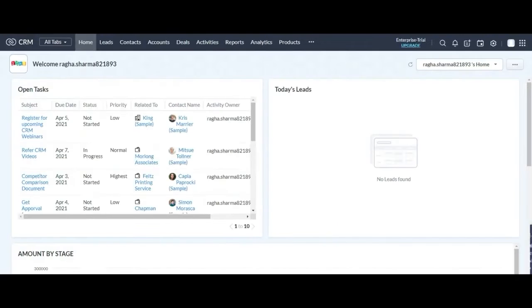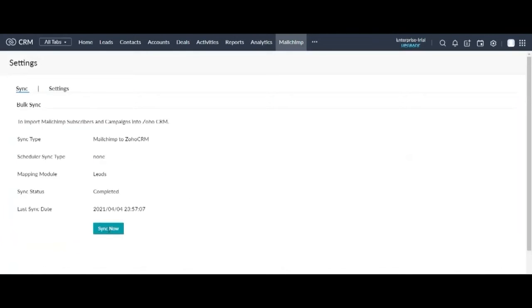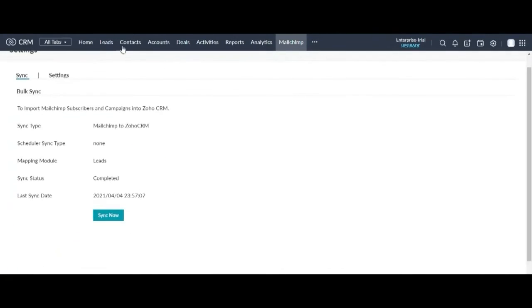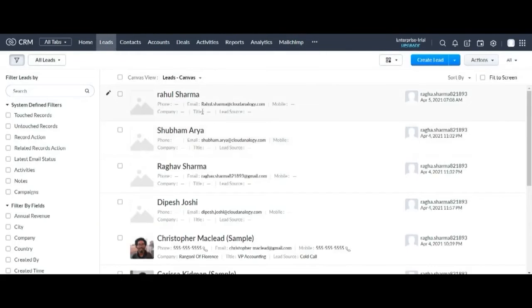Here you need to go to the Mailchimp module and then we have to click on the sync now button. After syncing, we have to go to the lead to check whether our subscriber has been added or not. Here you can see our subscriber has been added as the lead in Zoho CRM. So that's all about my project and how a lead is created automatically after a subscriber has been added to